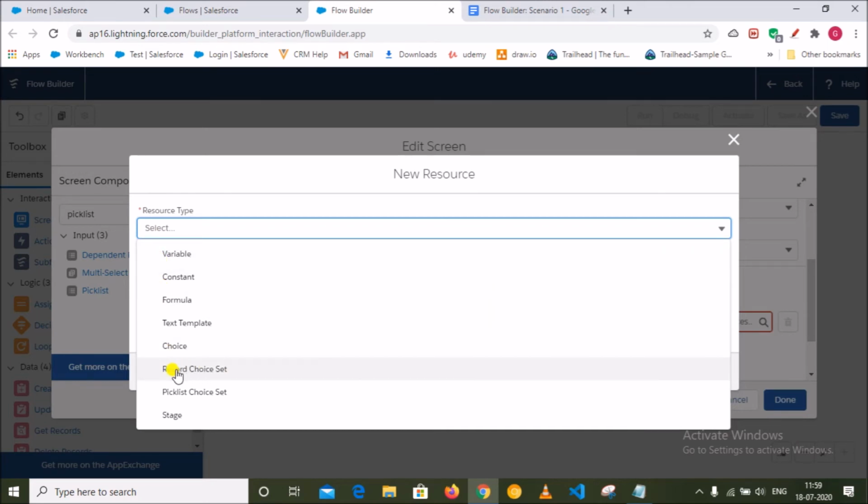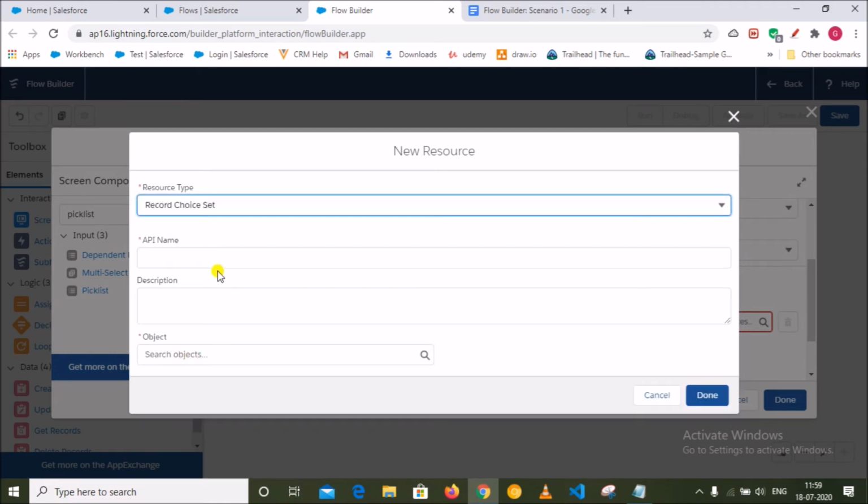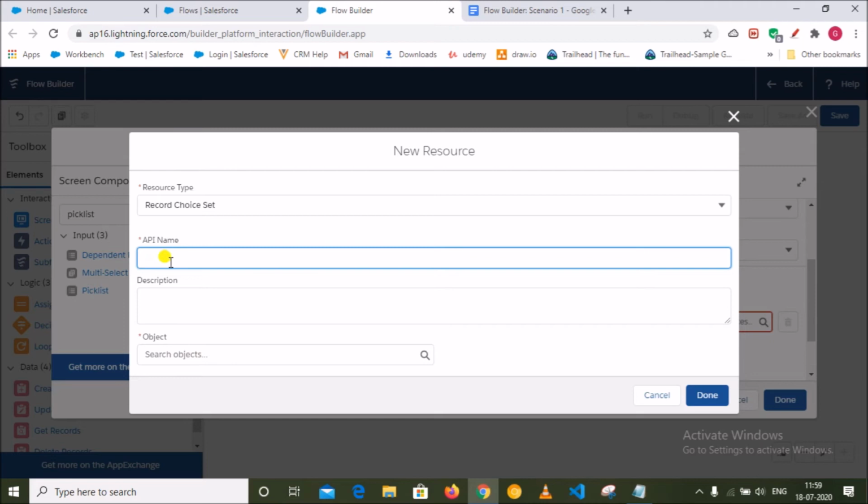It is a record choice set. Why is it a record choice set? Because I am choosing the set from a particular record, from the account record, right? From the account record we are getting the account name basically. So I will select record choice set and give some API name. I will give account info.